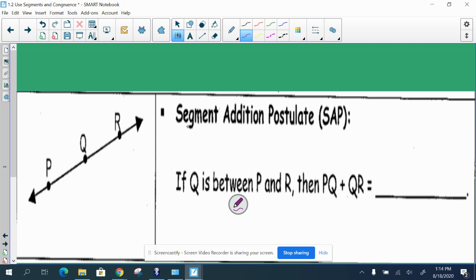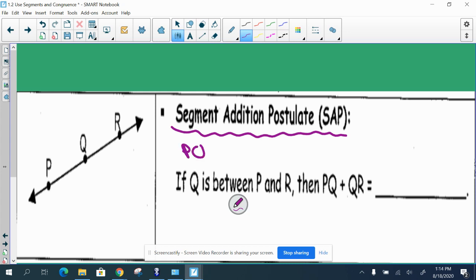All right, so next section is about the segment addition postulate. So this is a really important postulate that we'll be using all throughout the year. So it's a good starter postulate. So go ahead and draw in this figure, this line here, with points P, Q, and R. So the segment addition postulate basically says that when you have 3 collinear points and you know that Q is in the middle of P and R, then we can say that